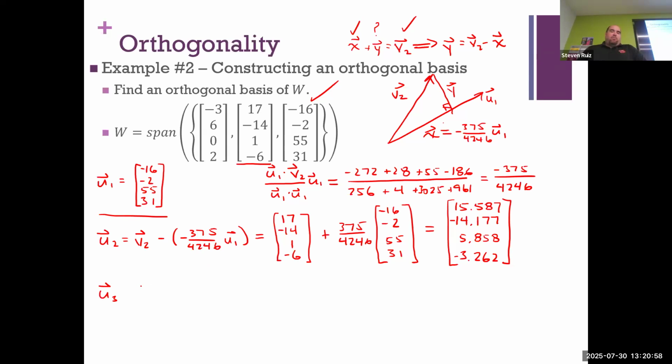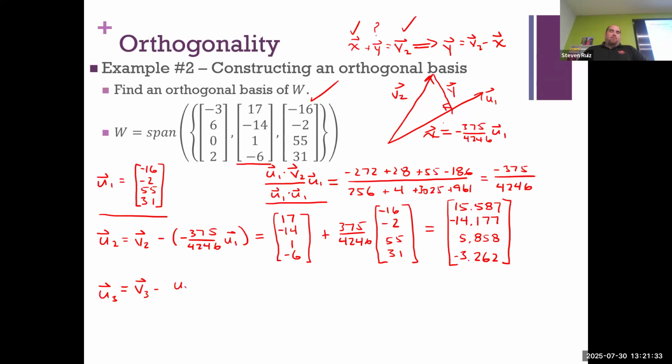So now the only thing we have to worry about is that there are two vectors we have to get away from now. So U3 is going to be equal to V3 minus those two parallel directions we have to worry about. So how do we find those parallel directions? Well, we can use what we looked for before as reference. So this right here helped us find the part of V2 that was parallel to U1. I want to do the same thing, but with